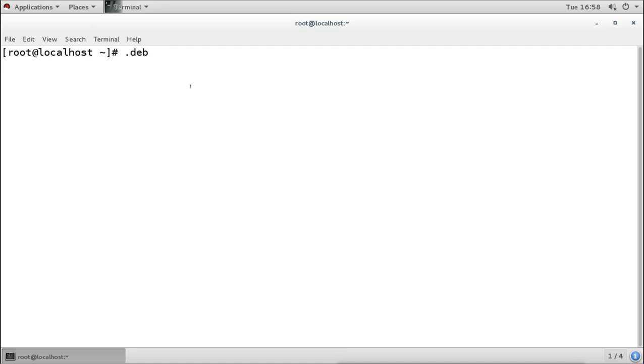When you find a package which is .deb, we can't install it by using the RPM command. We can't open it or install it with the RPM command, so we have to use the command which is used in Debian machines, where all the package extensions are .deb.